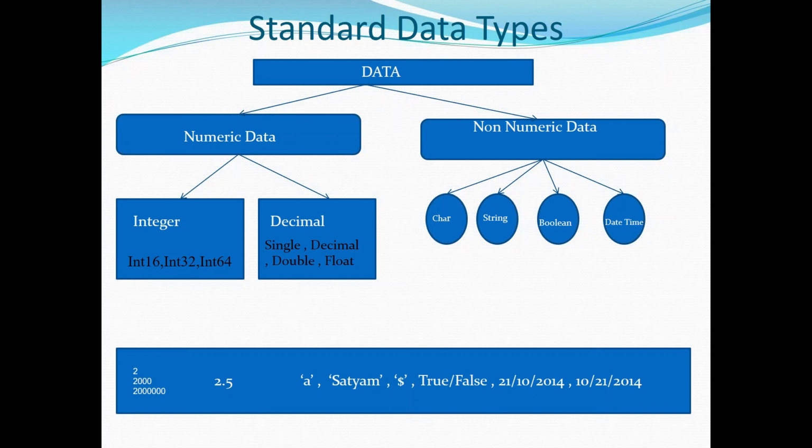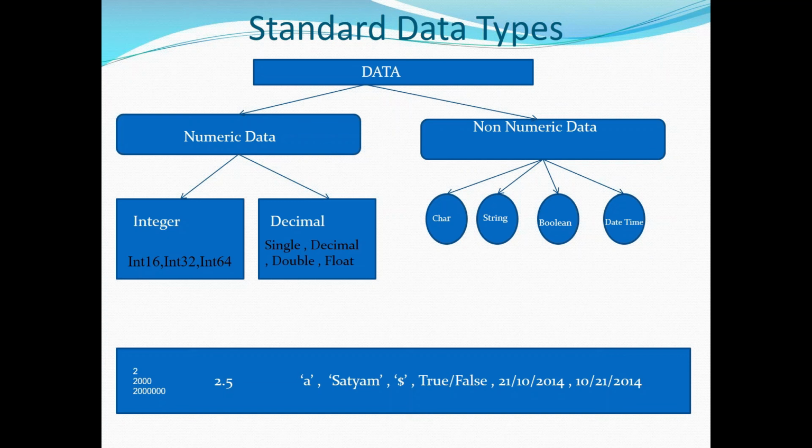You might have seen this while studying your master's or bachelor's degree. The final outcome of every logical gate, of every electronic device, is going to be only one value that can be either 1 or 0, or you can call it true or false. If it is 1, we call it true. If it is 0, we call it false. Ultimately, the final outcome of every device, be it a computer or any kind of electronic device, is going to be a Boolean value, either 1 or 0 or true or false.